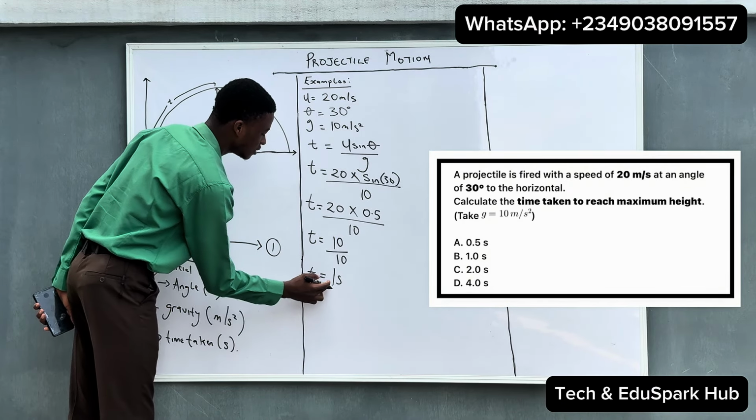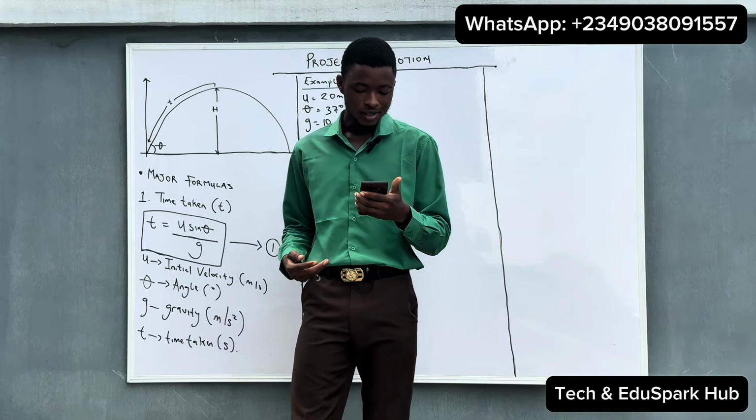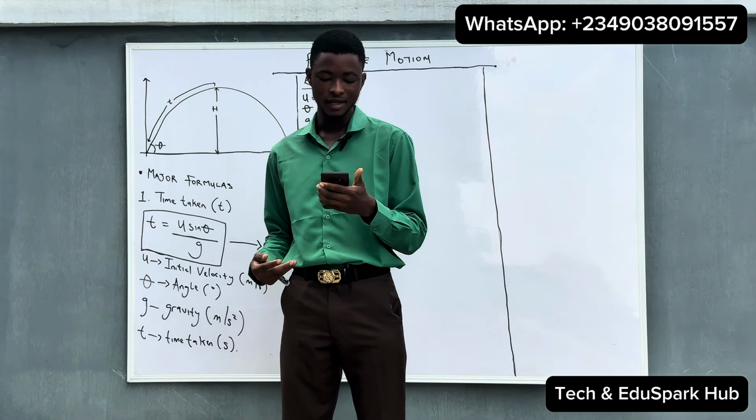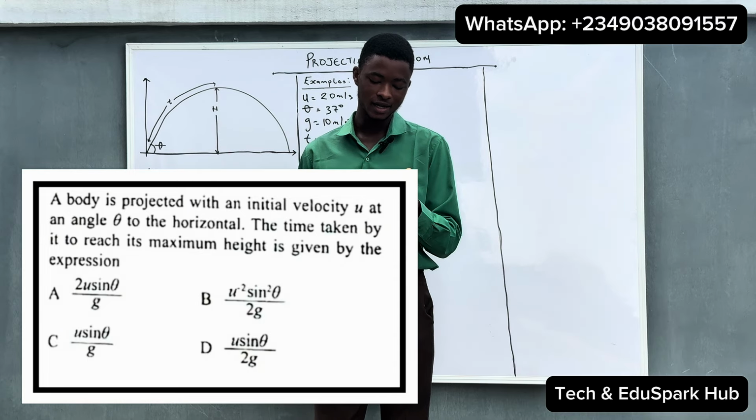So in this case, t is equal to 1 second. So 1 second is correct for this kind of question. And the last question we have on this time-taking aspect says that a body is projected with an initial velocity